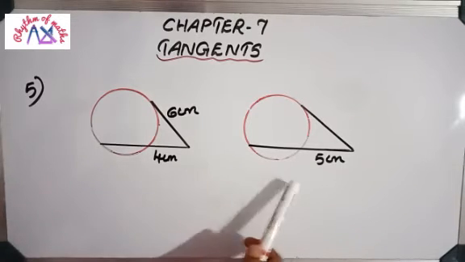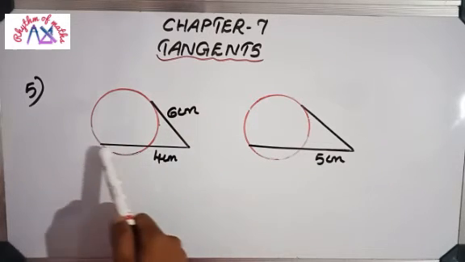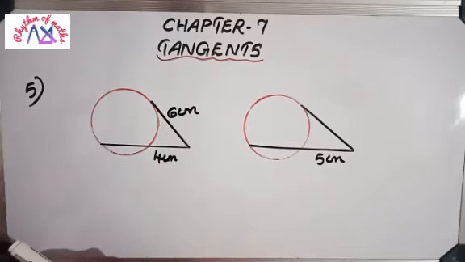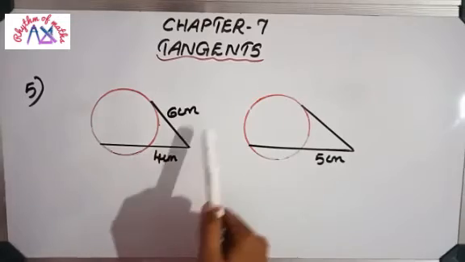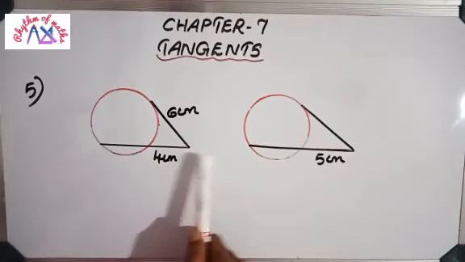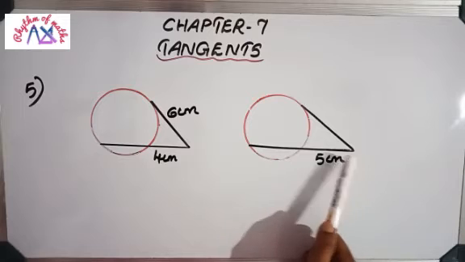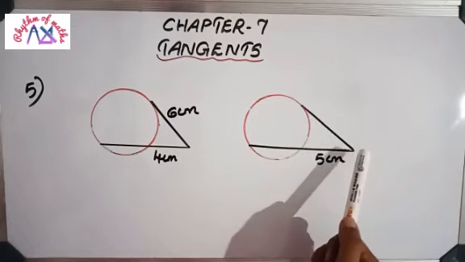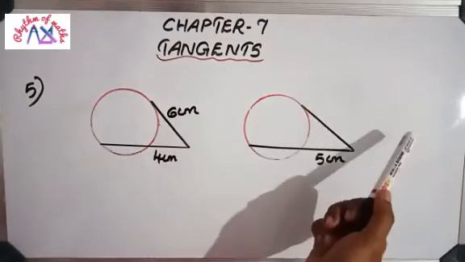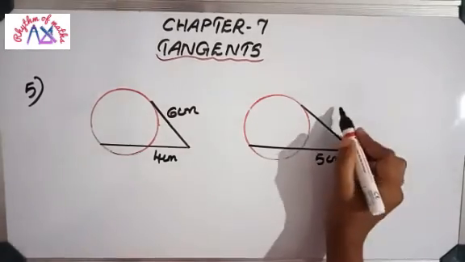Here in this question we have two figures. In the first figure, the length of the tangent is given, that is 6 centimeter, and the chord's outside portion, outside the circle, measurement 4 centimeter is given. For the second figure, with the same circle, the outside measurement 4 centimeter is extended 1 more centimeter, that means total 5 centimeter. From that point one tangent is drawn. Then that won't be 6 centimeter. The measurement will be different. That measurement we need to find.